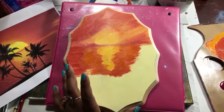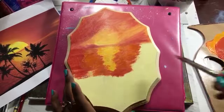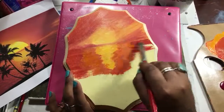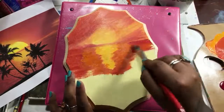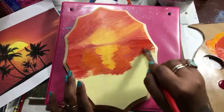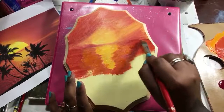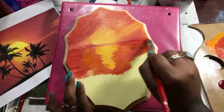Now the ends are going to be mostly Quin Magenta with a hint of yellow. So that's this right here. And that's a little bit too red, so let me add a little bit of this. And I'm making kind of a jagged thing here. I'm doing it at this angle, you guys,